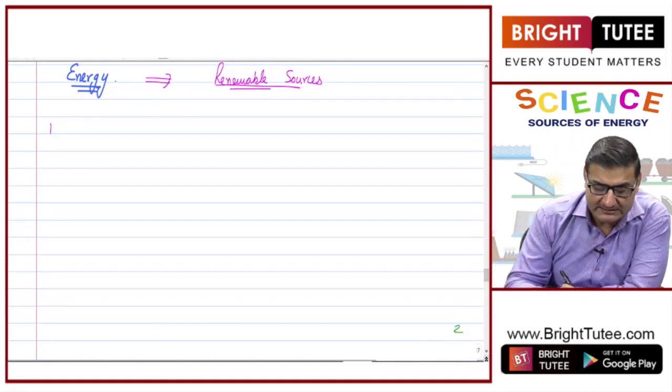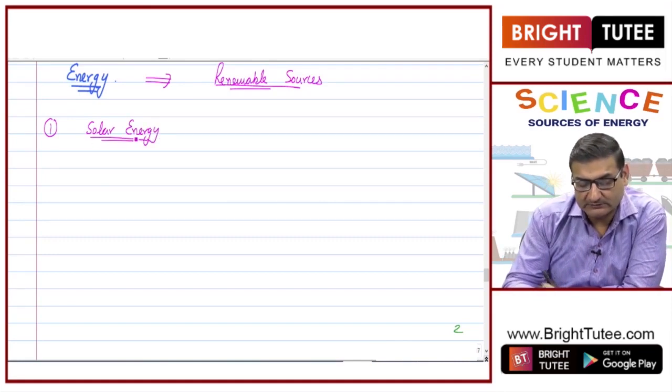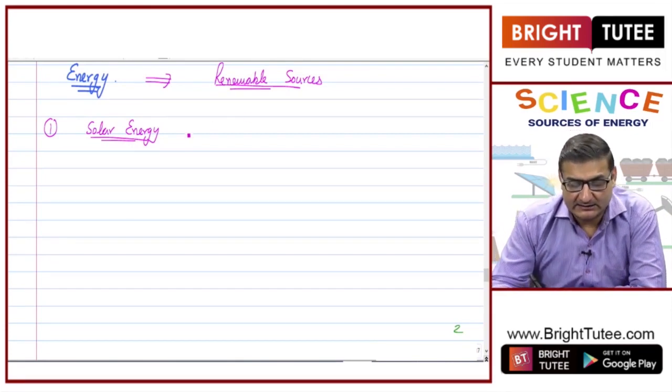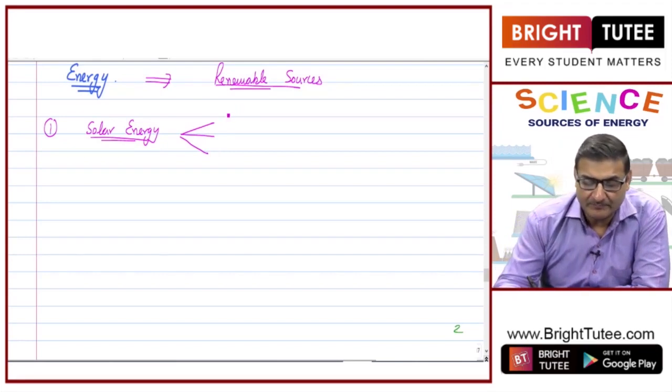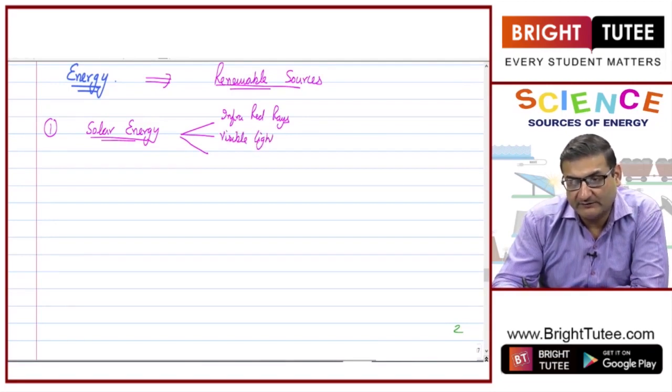First of all, we will be studying about solar energy, the energy which comes out to us from the sun. Now, the actual sunlight consists of three types of rays. In junior classes, you must have read about it. One are the infrared rays. The another one is the visible light, that is visible to us. Mind you, the infrared rays are invisible. And third are the ultraviolet rays.